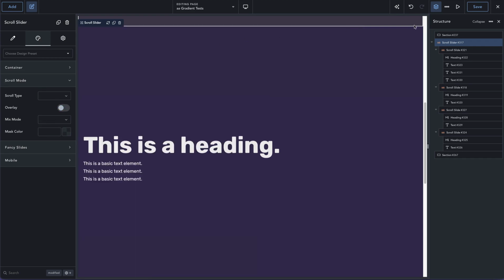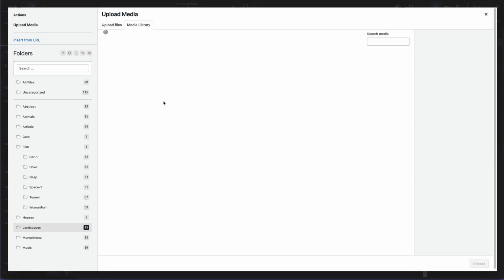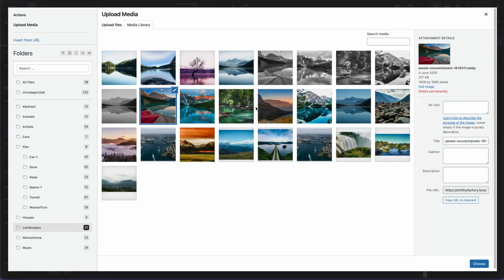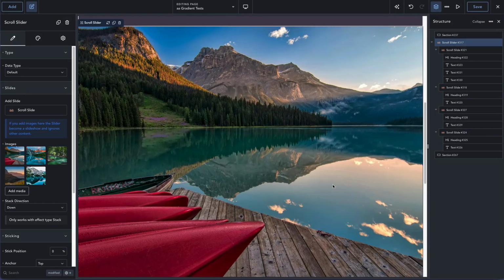So last but not least in the whole scroll slider is mobile. I'm going to show you, because it was designed, one of the folks who's bought this plugin specifically requested this feature, and specifically because of the image slider. Now obviously you can use this with the other modes as well, and I can show you them in a minute, but this was why. If you have an image slider